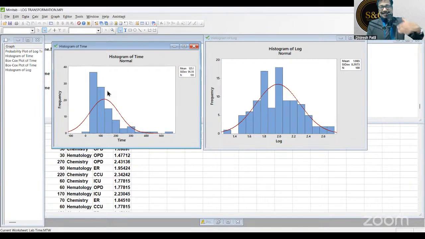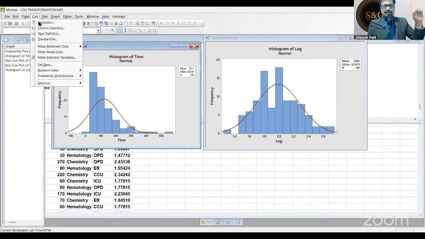Yes, Sadanandji has done one step ahead. He has already done the Anderson-Darling test as well. Very nice. Can you see the difference between the original data and this data? Just give me yes in the chat. Yes, you got this? Okay. Now, I repeat the steps once again. Prabhakar ji, just have a look at it.